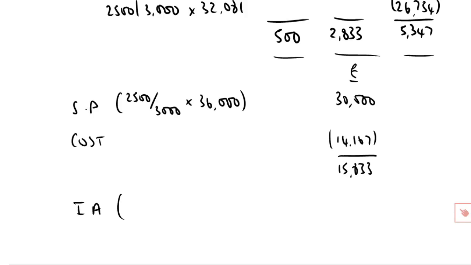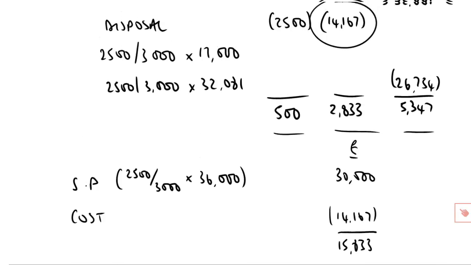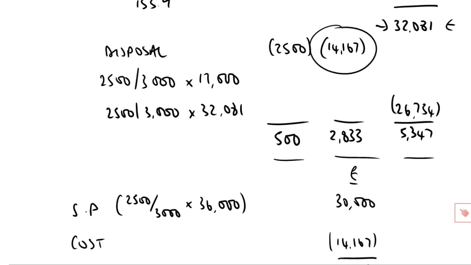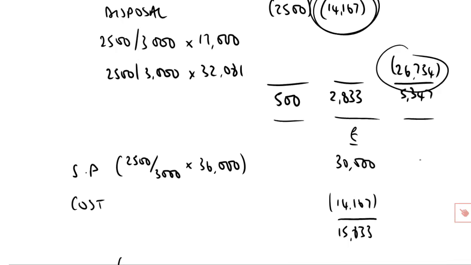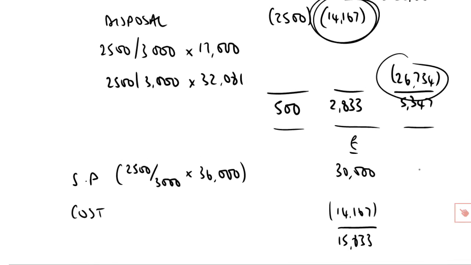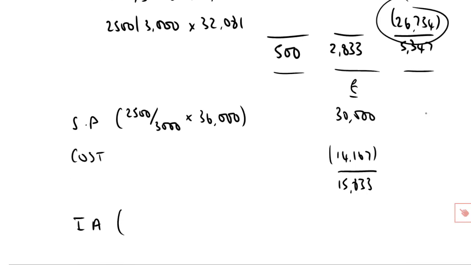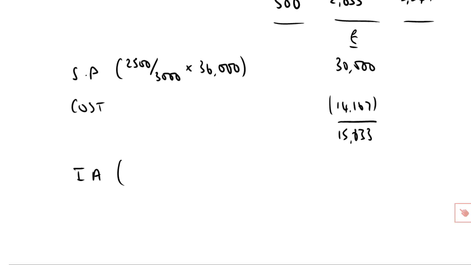Right, this is why we dealt with the share pool in the way that we did, that we've got an index cost figure, 26,734, belonging to this 2,500 shares, and a cost figure, as we've just seen, of 14,167. So what's the difference between the cost and the index cost? Well, it must very obviously be the indexation allowance. So the indexation allowance,